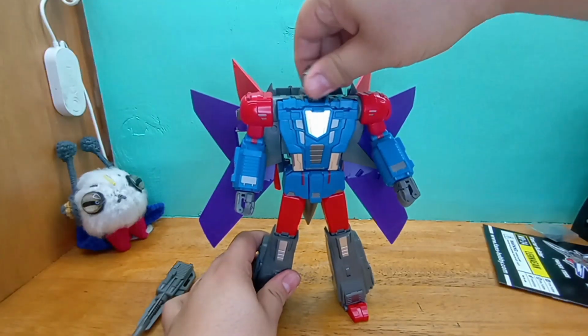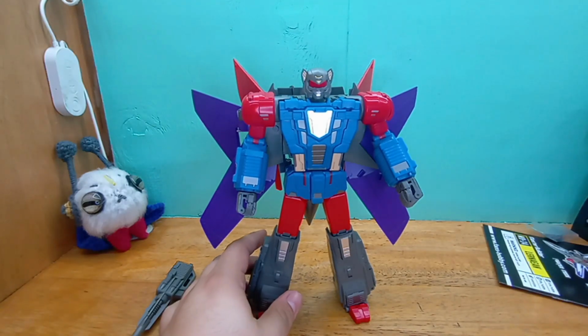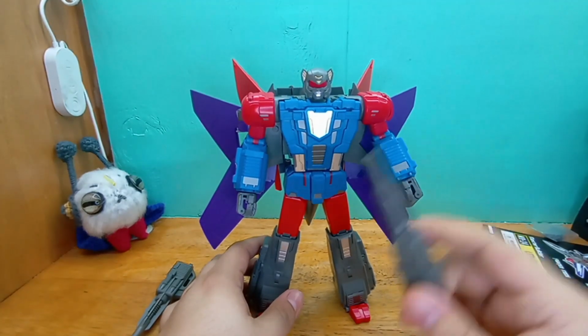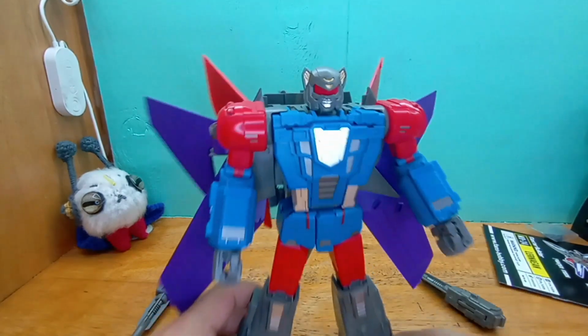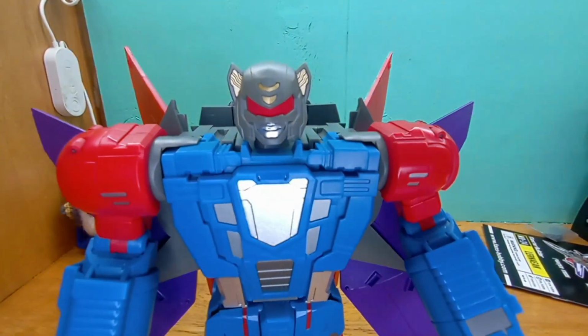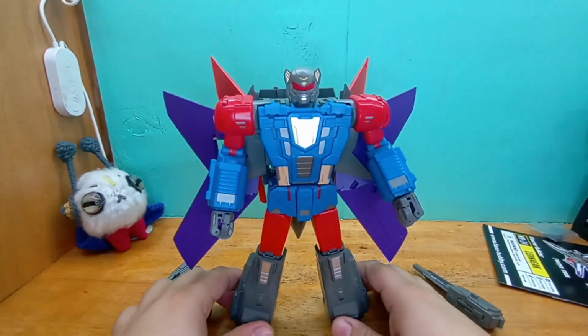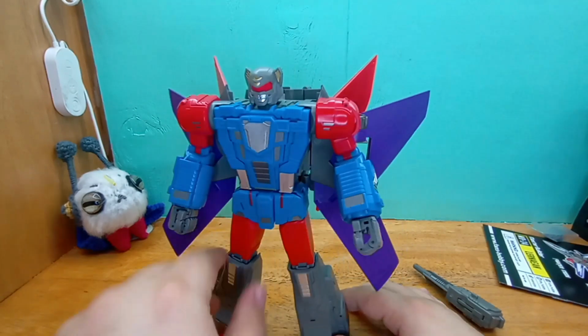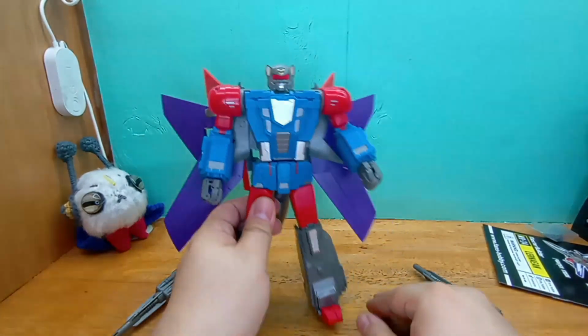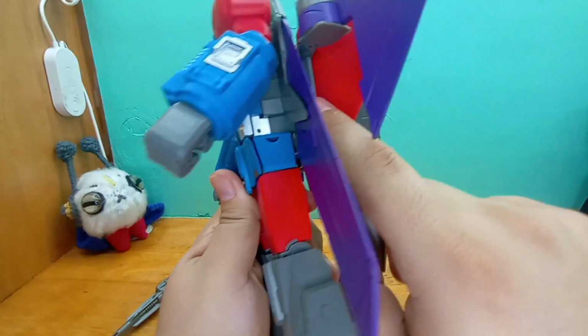And here he is. That transformation, honestly, was more enjoyable than the previous one. Buster, I think his name is. Look at this head sculpt. That looks so friggin' cool. Yeah, this is definitely my favorite of the two. The only part that I found annoying, honestly, in the transformation is these little...